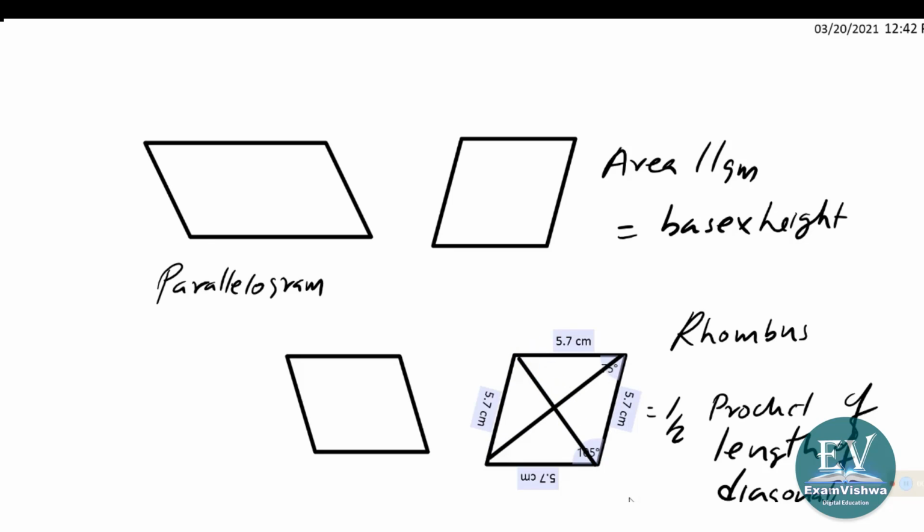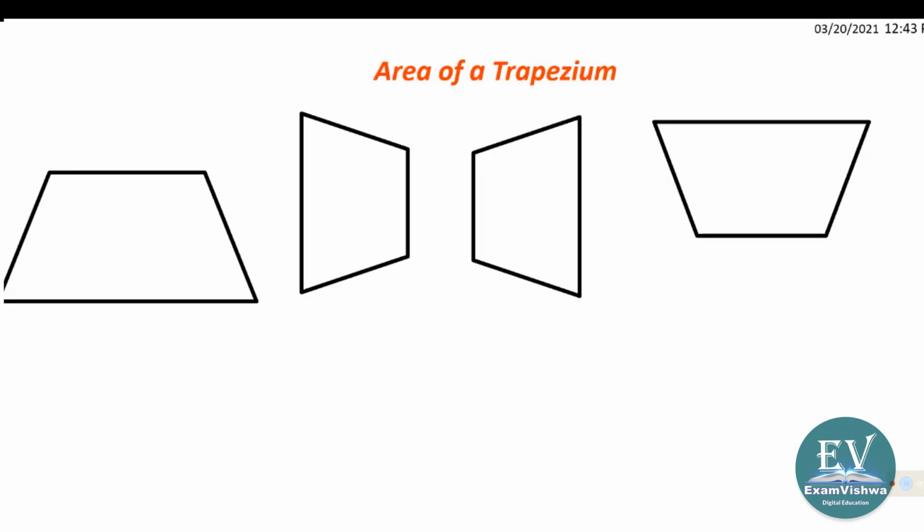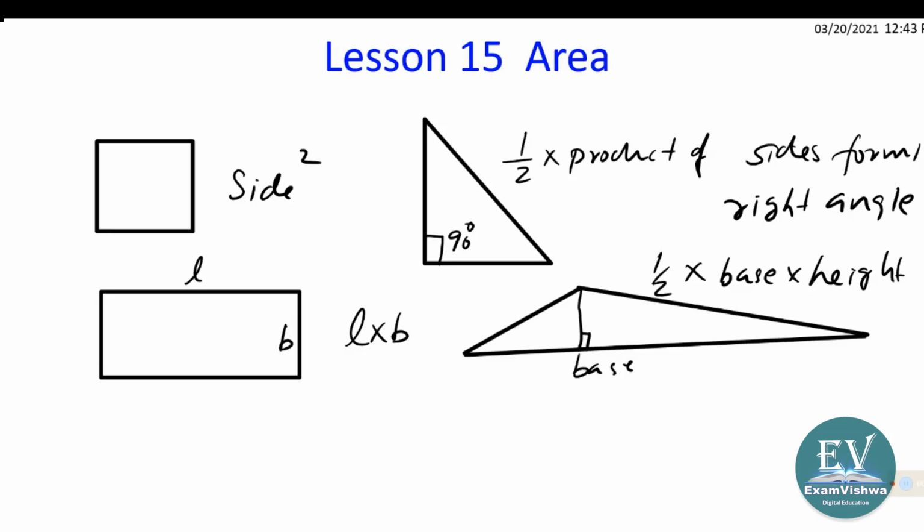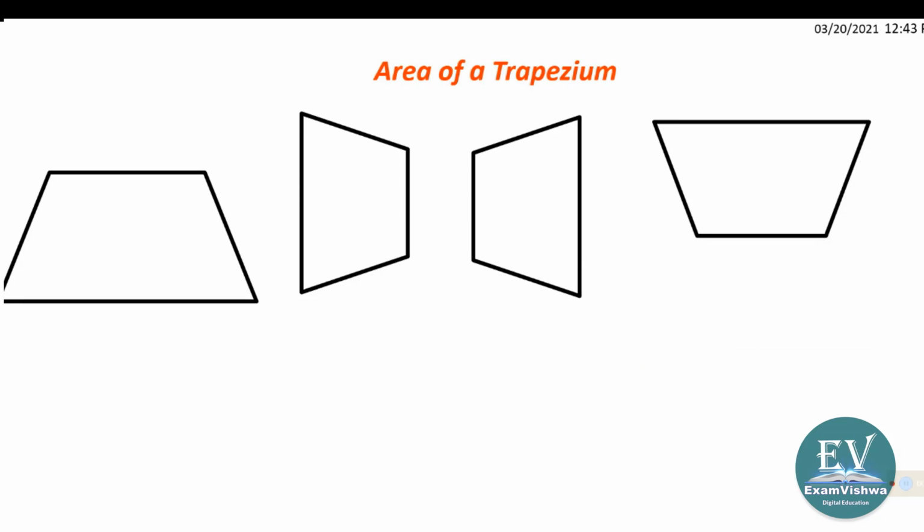These are the things you know at present before going ahead with this chapter. The chapter is talking about the area of a trapezium as the next topic. Okay, and area of a trapezium. This is what a trapezium is. What is the difference between this particular figure and the figures which we just saw before? These are parallelogram, square, rectangle, triangle, and here we got a new figure in mathematics,